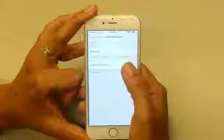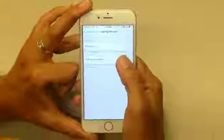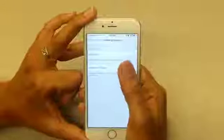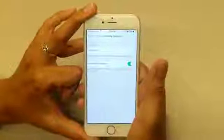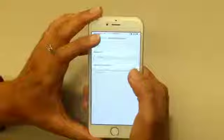I'm going to untoggle it because I live in a really quiet place, but please feel free to use this mode. And if you are wearing a hearing aid which is enabled with Bluetooth, or you have a Bluetooth headset, remember to turn that one on as well. I'm going to untoggle this, and this is the two ways that you can